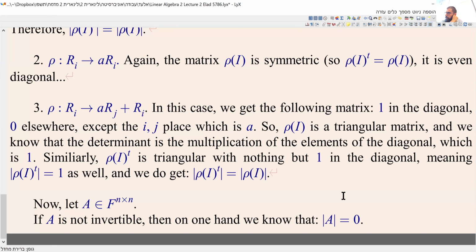When you start using row operations in order to get a triangular form of A, when A is not invertible, you somewhere along the way get a row of zeros. When you have a row of zeros, the determinant is 0, because every element of the determinant sum, by the definition, contains one element from this row of zeros. On the other hand,